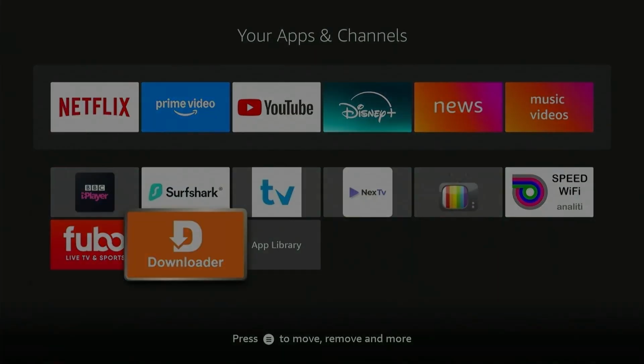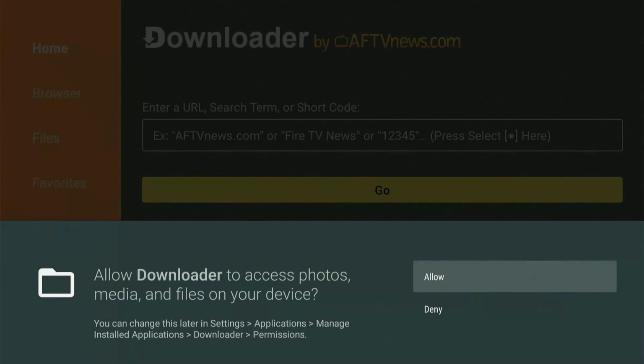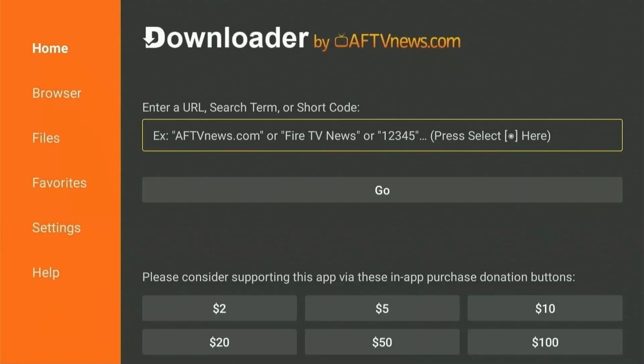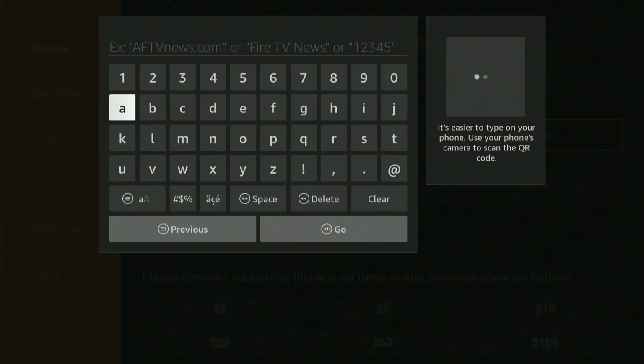Select it. So the first time you launch the Downloader app, it will ask you to accept the necessary permissions that it needs to work properly. So I'll just press allow and then OK. Here you can see a search bar. What you need to do is select it and then type this short code,